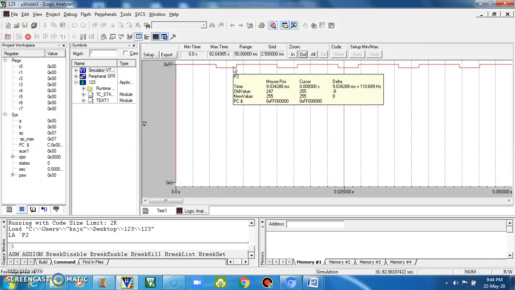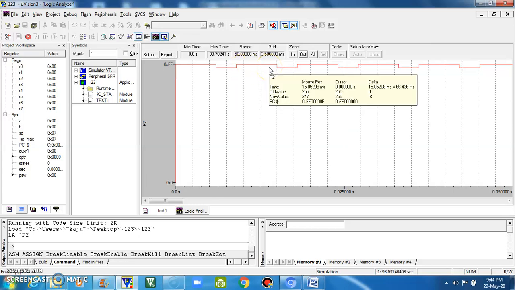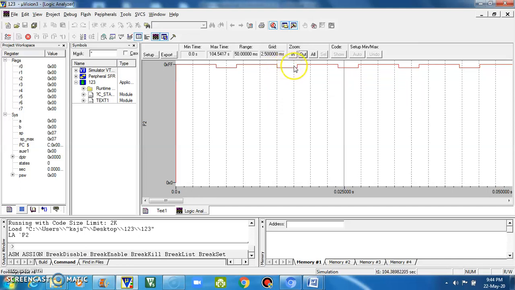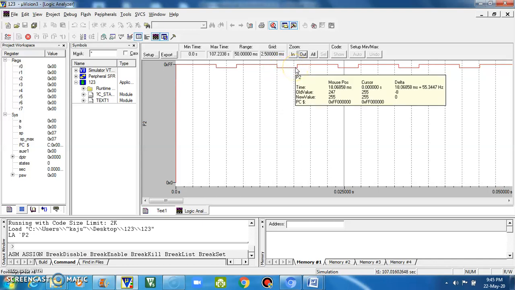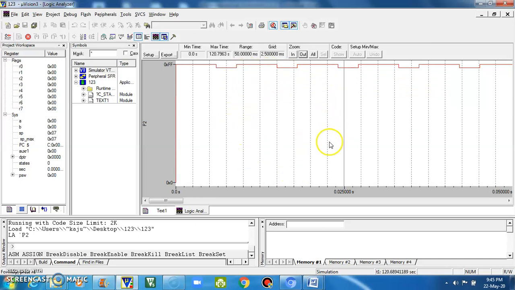Why is it 9 millisecond? On time 6 millisecond plus off time 3 millisecond. If you add these two, it becomes 9 millisecond. If you want, you can check the other pulses. If you keep the cursor here, it will show 15 millisecond. Why 15? One total pulse is 9 millisecond, plus 6 millisecond again gets added, that means 15 millisecond. If you keep the cursor on the next logic 0, it will show 18 millisecond, that means 15 plus 3 millisecond for the off state. That is 18 millisecond. This way you can verify whether the generated time period is correct or not, by using the logic analyzer window.